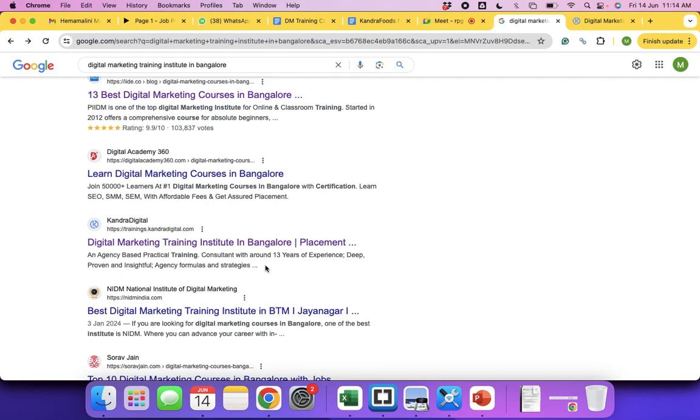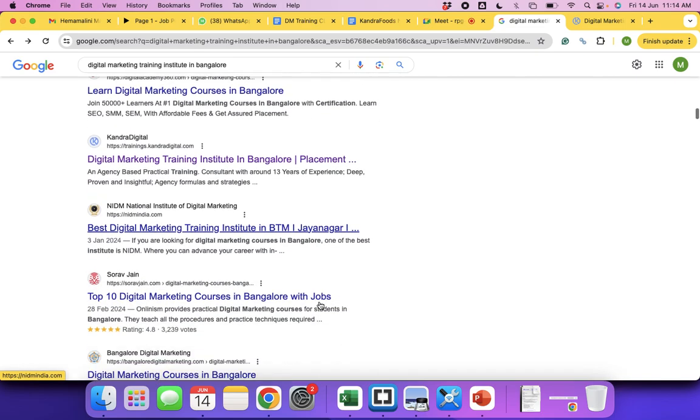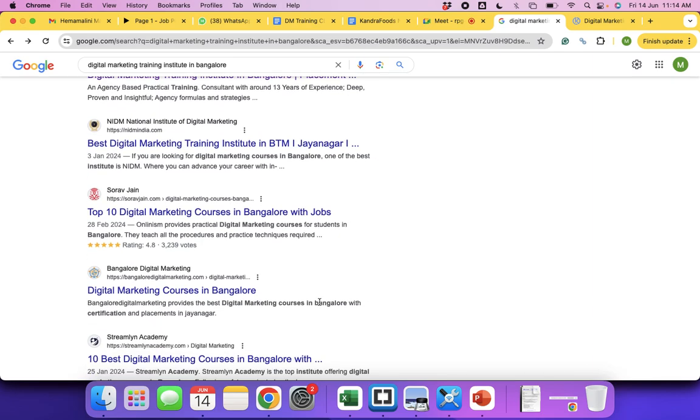Incorporate a CTR trigger in your title, and in your description have a call to action as well as a call out statement. I'll tell you what a call to action is. A call to action is you asking the user to take an action, such as register now, inquire now, call now, book now, click here, enroll now. All these are called call to actions. You are calling the user to perform an action. Clear? Everybody? Yes.